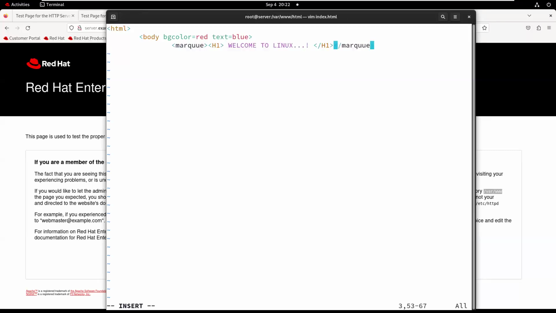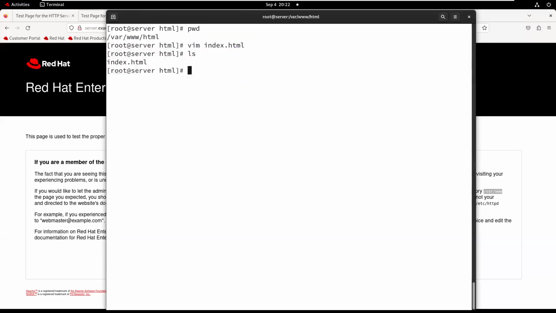Is it correct? Marquee spelling, M-A-R-Q-U-E-E, I think. Okay, marquee. So close the marquee and then close the body and close the HTML. Okay, so this is one sample page. And save the file.